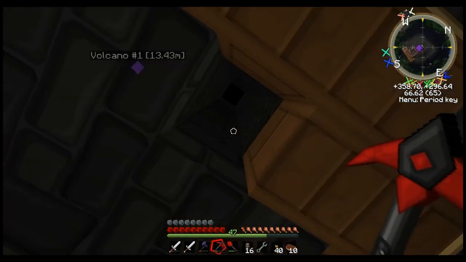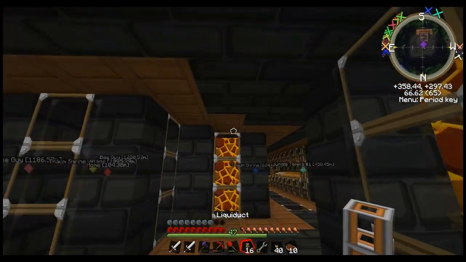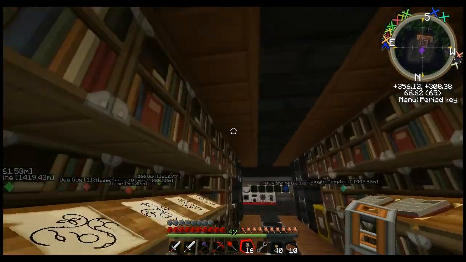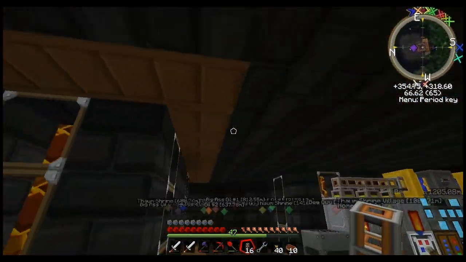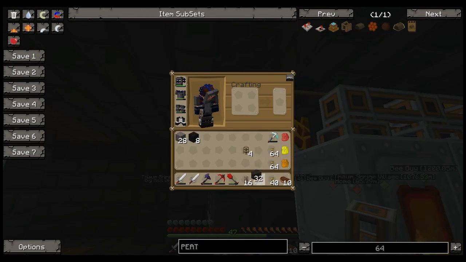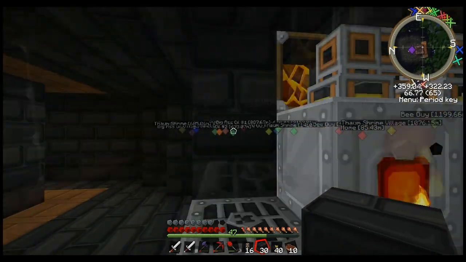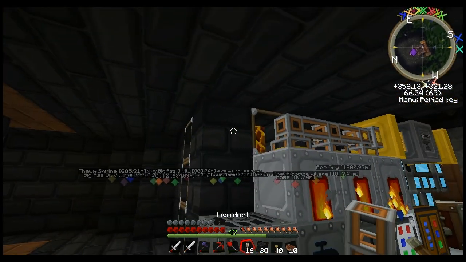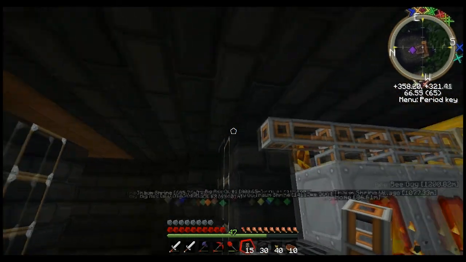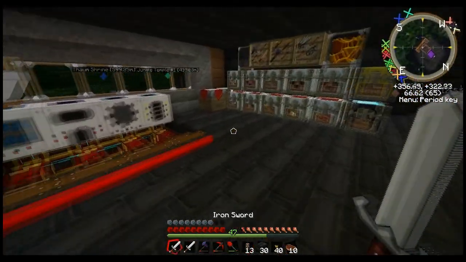Oh, here we go. Awesome. So we'll dig down into the facility, and we'll just go along the hallway. You know, why not? Not too shabby. All right, let's get this sealed back up, and let's go this way. Oh yes, let's also